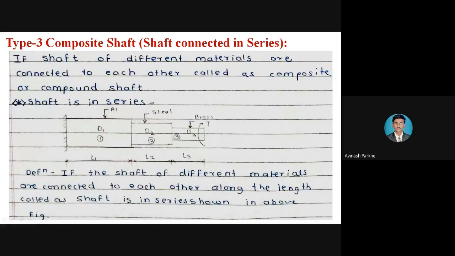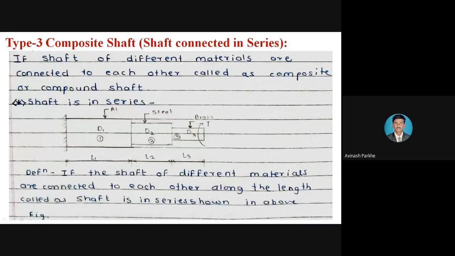So we can calculate the diameters by considering the shear stress, and we can also calculate the diameter by using the angle of twist. At the end we make the comparison, and from that comparison we take the maximum value of the diameter for designing the shaft. We discussed this in the last lecture, and based on it we solved maybe two to three varieties of problems in yesterday's lecture.